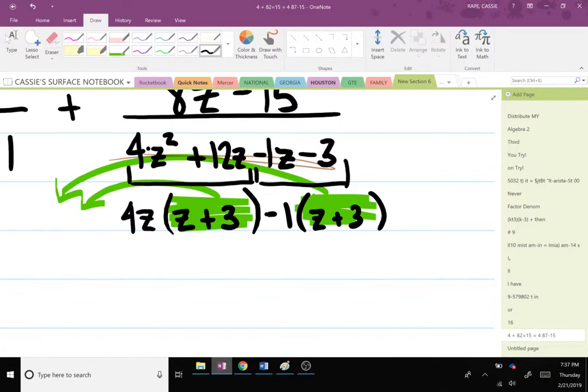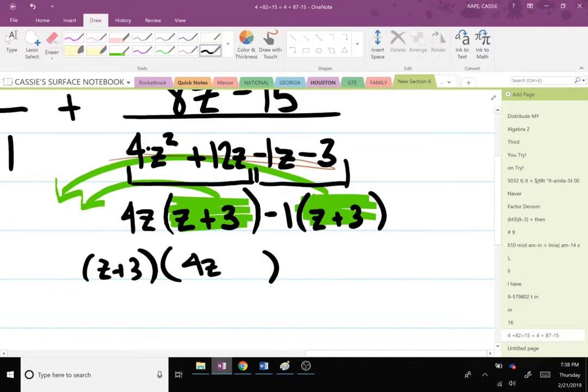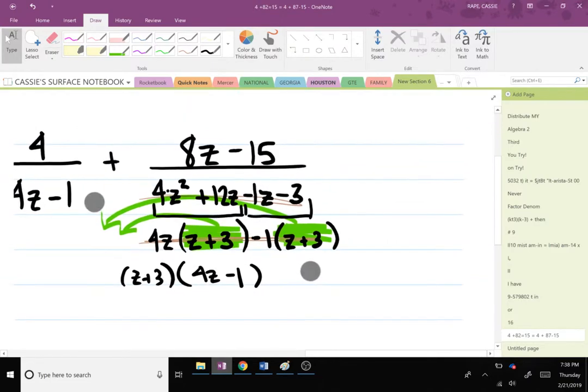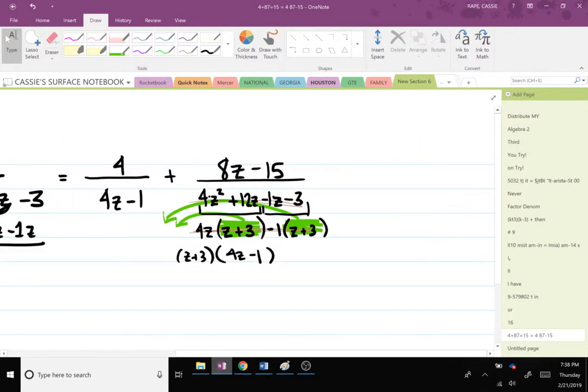What that looks like is if you pull a z plus 3 out to the front from both of these, what you end up with is what isn't z plus 3. So it's 4z minus 1. This is equivalent to the step above it, so I'm going to mark it out because I'm replacing all of those, and if you count the original it would be 3, with this statement. Okay, so I'm going to rewrite this